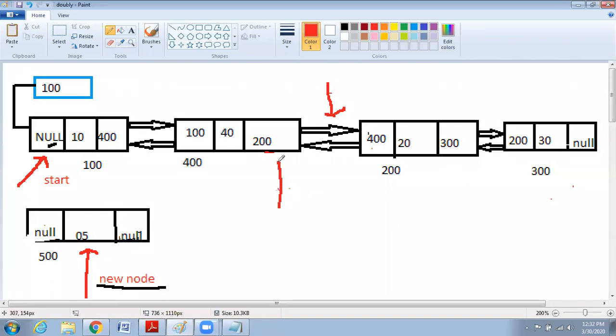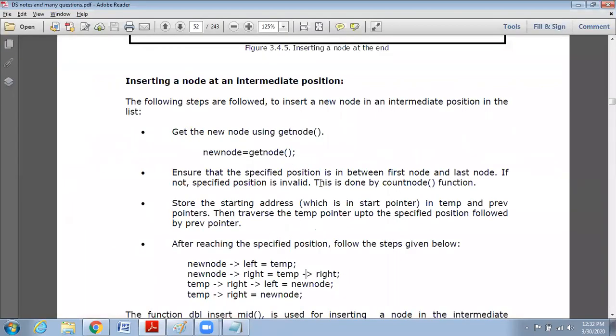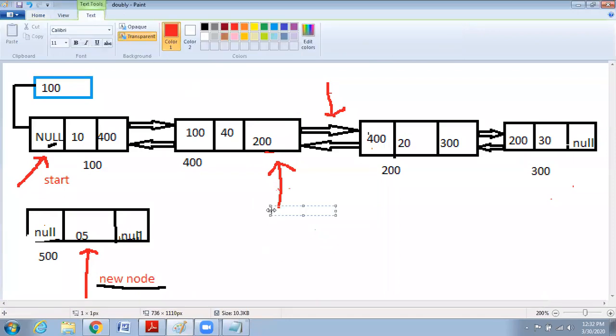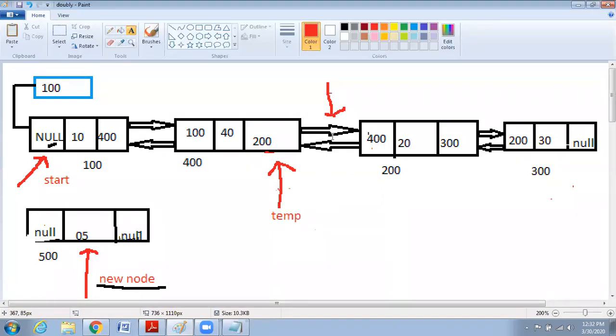So I'm traveling using some loop. If you see the complete code, you will understand. First, you want to reach that position. Consider I reached this position. Consider this as temp now. This position I want to change. Now let me know how many changes I should do. Now this is the temp node. This is the place I'm going to insert this new node. Where all do I want to change? Any idea where all I want to change?